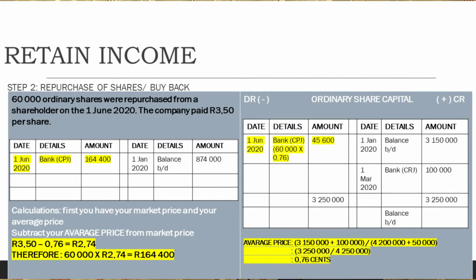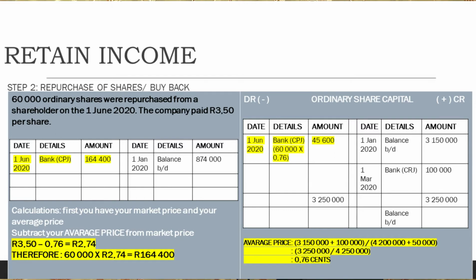We have our ledger account there, whereby we have our opening balance of 3,150,000 on the 1st of June. Then on the 1st of March we decided to issue out our shares to the public, and it was recorded as bank CRJ, cash receipt journal, because we received money, 100,000. Then there was a repurchase of shares on our debit side, on the 1st of June, which is bank CPJ, the outflow of money in our business, which was